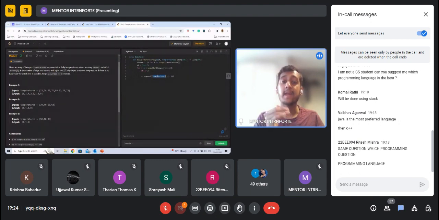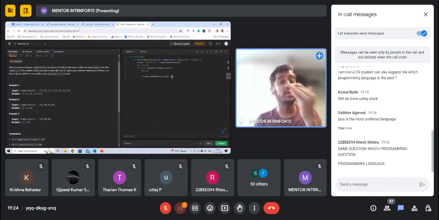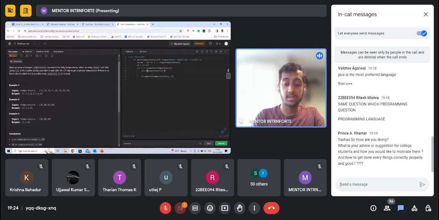While it is less than, that means it's a warmer temperature, and that means we can find the difference between the current index and the day that we got before. So I'm going to write a while loop and say while temperatures of i is greater than the last element on my stack.